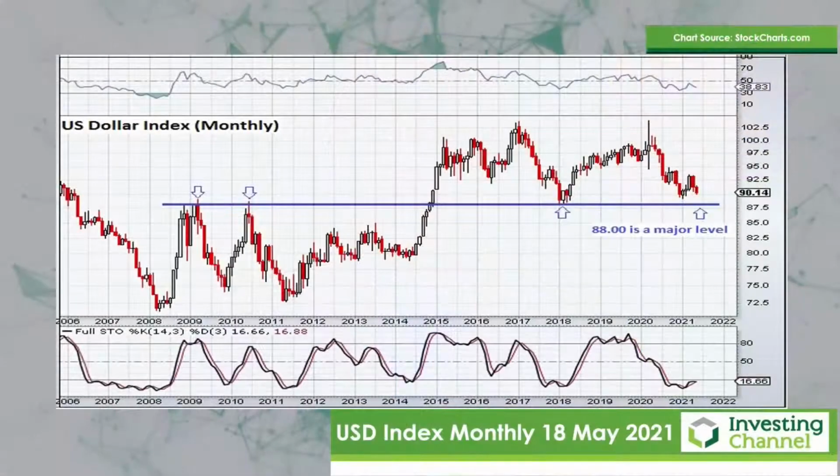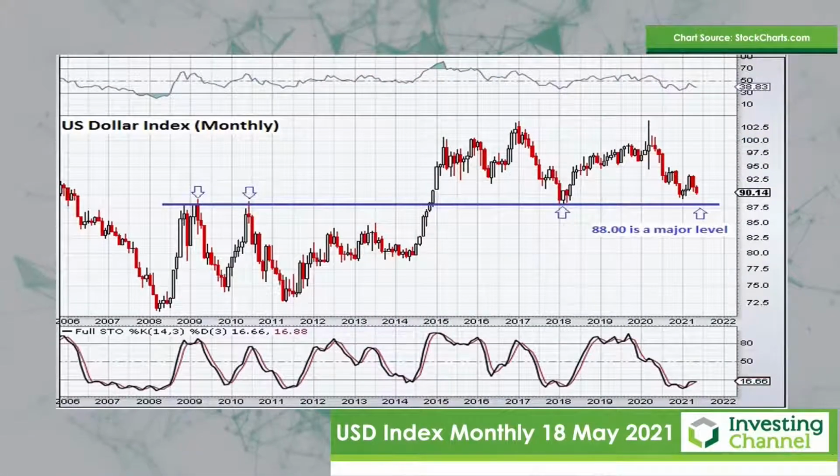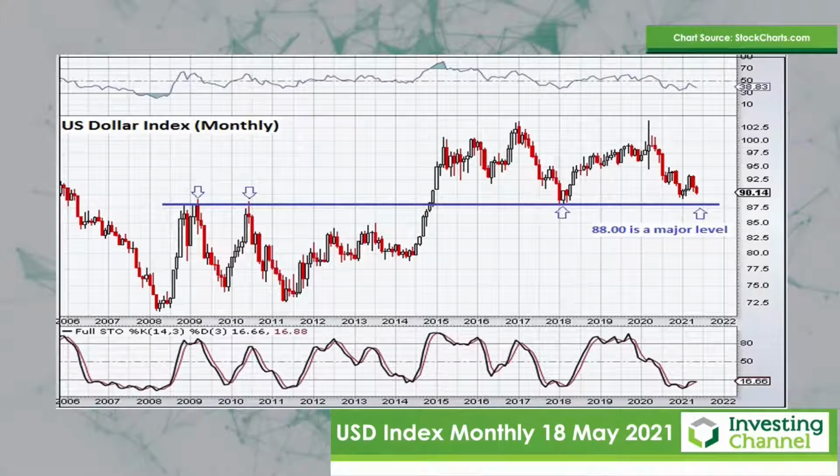Today I'm taking a look at the US dollar index and the gold price and then a trade in the GDX ETF. And I'll talk about how these are all interrelated. First up, though, let's take a look at the US dollar index because this is really a pivotal point from the departure point in terms of the other slides that I'm going to take a look at today.